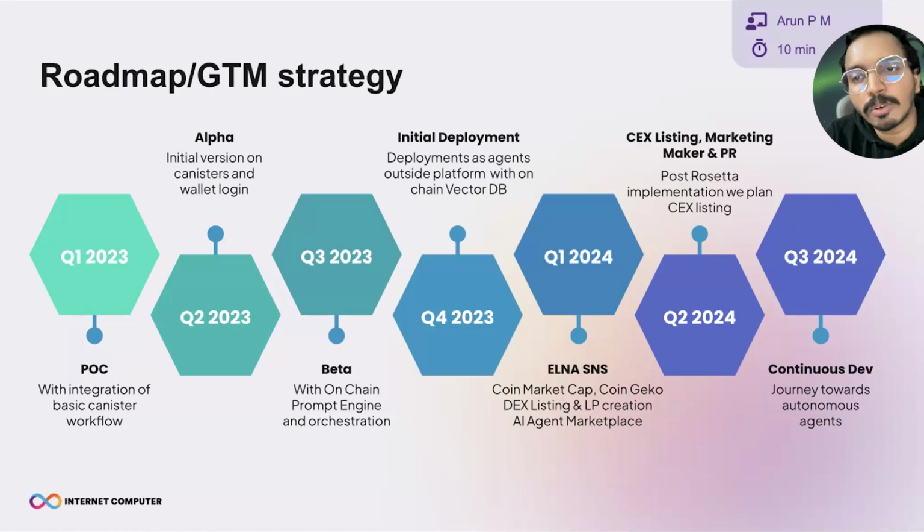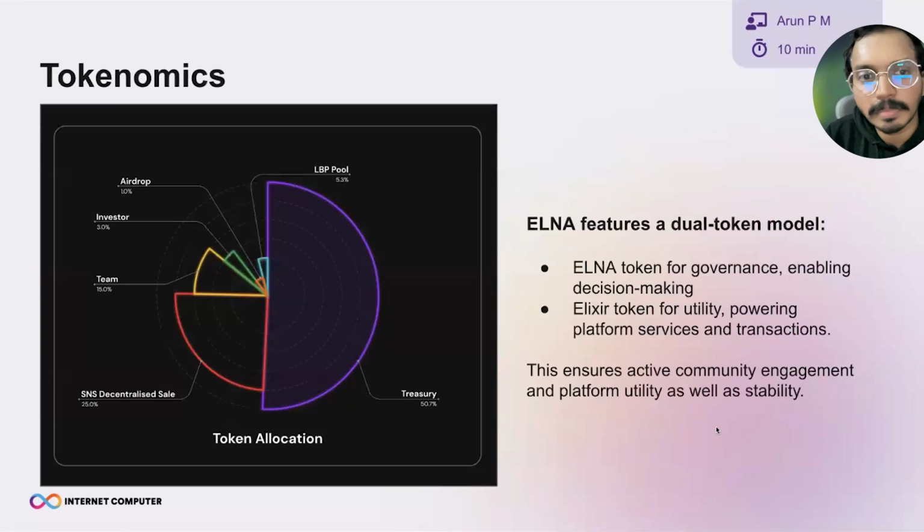We are also having a hackathon next month, which will be Asia's first decentralized AI hackathon. Likewise, we are trying to onboard developers to a platform for listing their own inference engines, vector databases, and a lot of applications. That's our future scope. Coming to our tokenomics, to make it quick, we have a dual token economy, very similar to ICP, where the ELNA token, which is the SNS token, stays as the governance token. Along with that, we are trying to create a secondary token which could be used for monetization and in-app purchases.